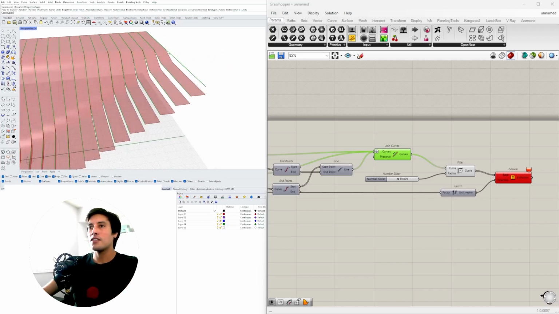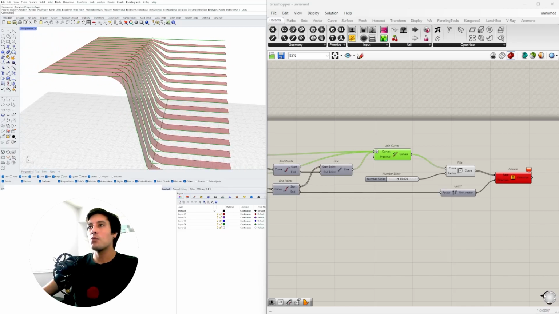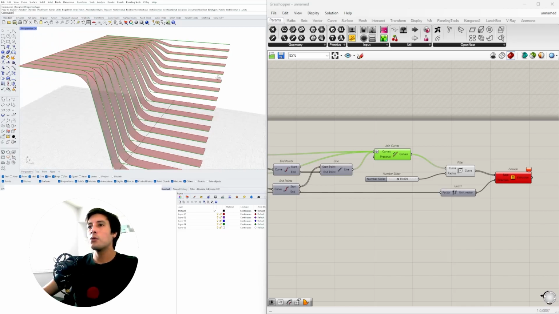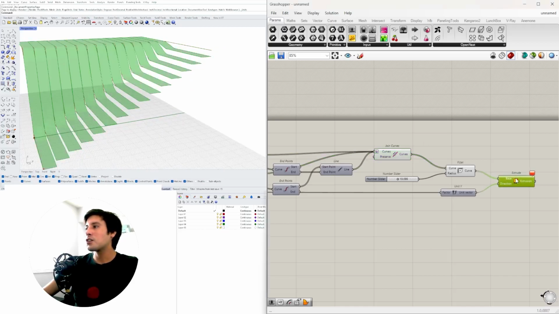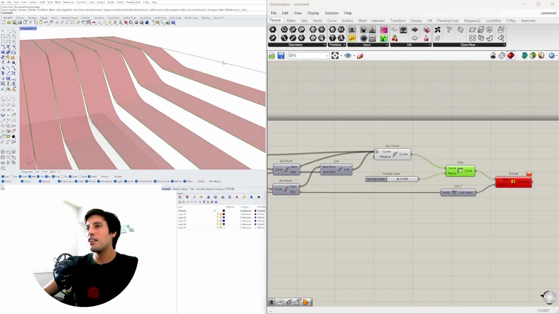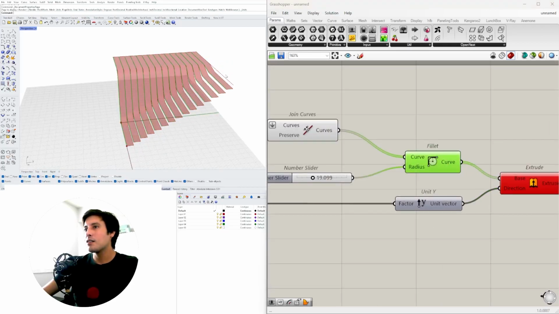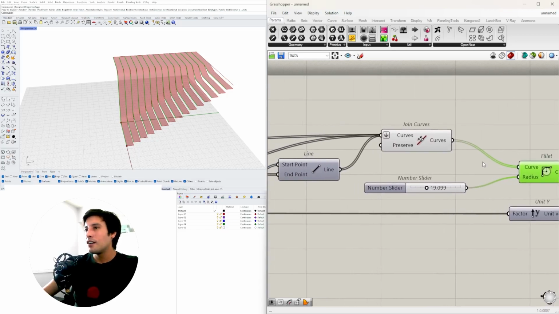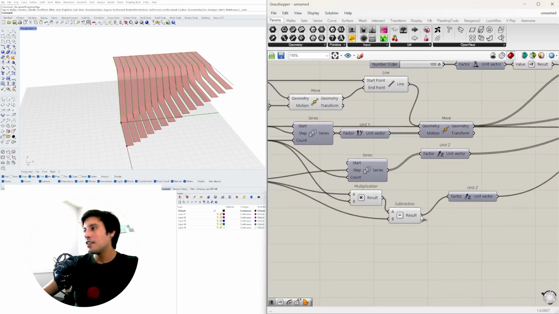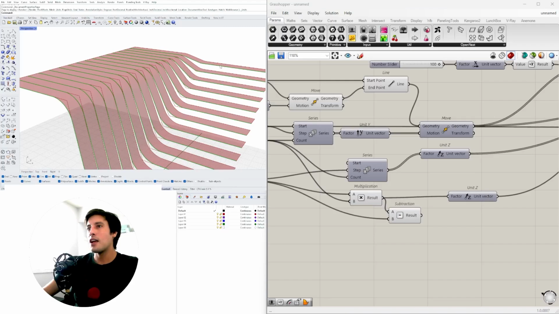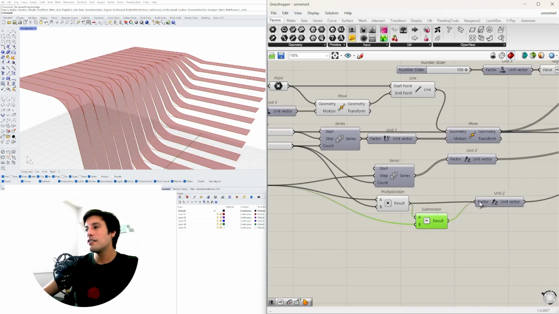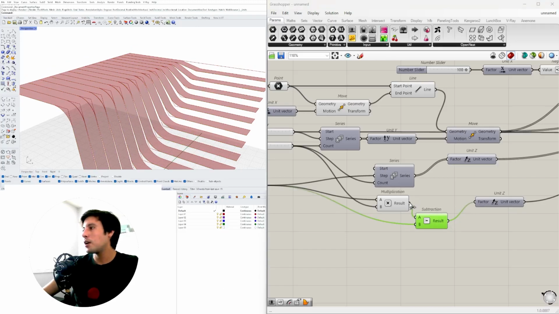And the reason why is because it's a straight line, but that is actually where your last tread would be. And so that is what's causing the issue, is that you can't fillet the edge of a curve that is a straight line. And then here, when you extrude it, it won't extrude that last one out. So one way to fix that, okay, is getting rid of this. If I just kind of go here, it'll work, because this would be the last step until you hit the floor. So this could in some ways cause some issues, but